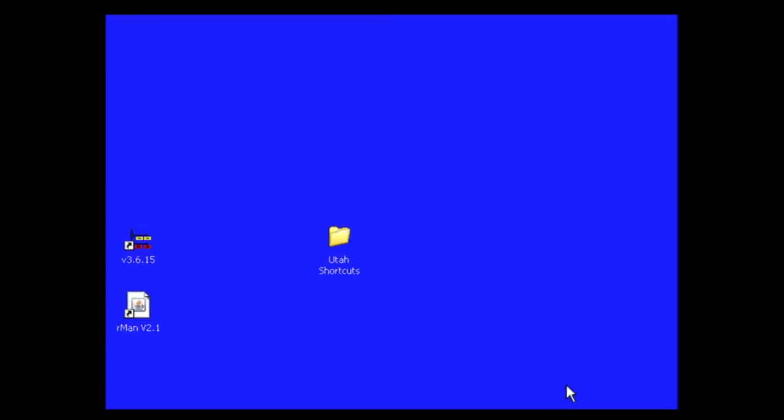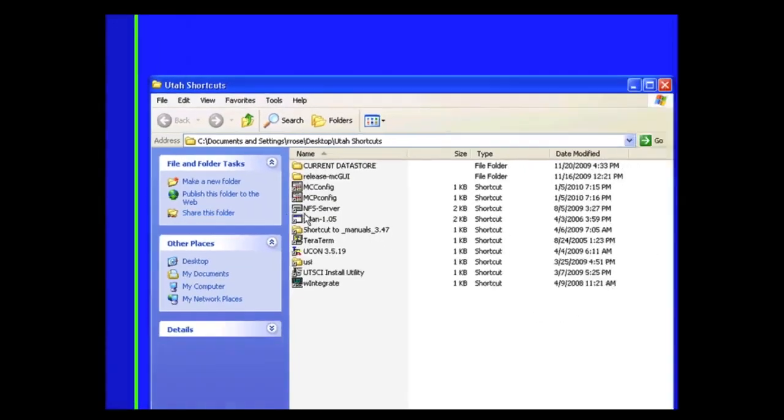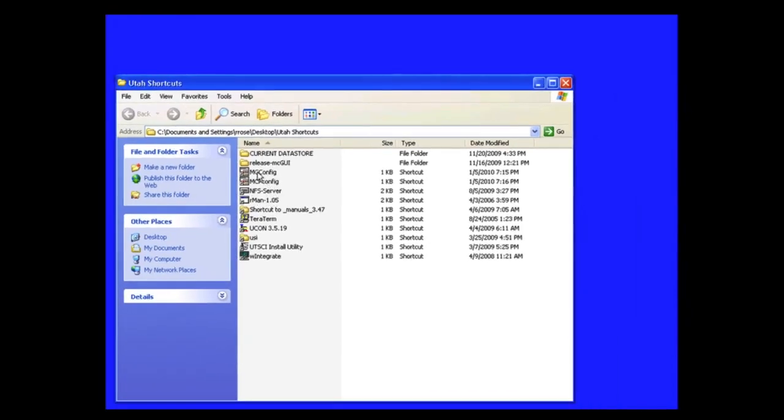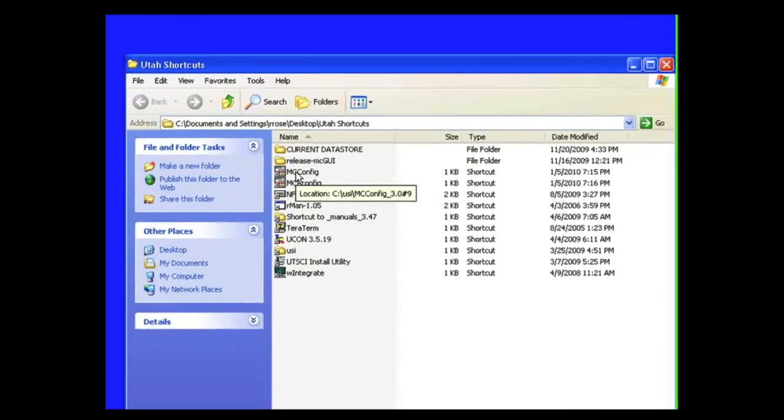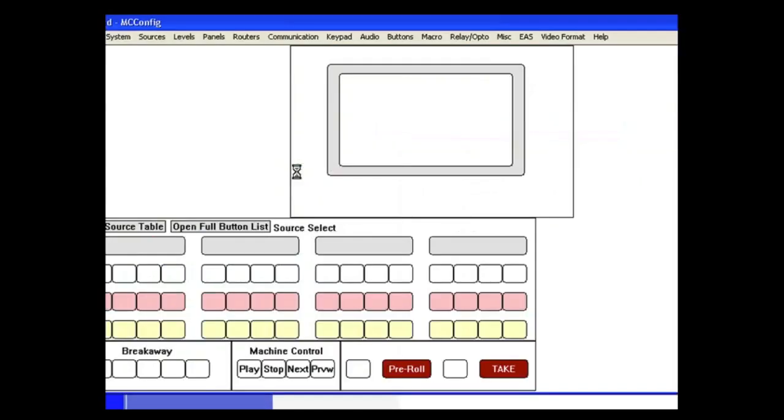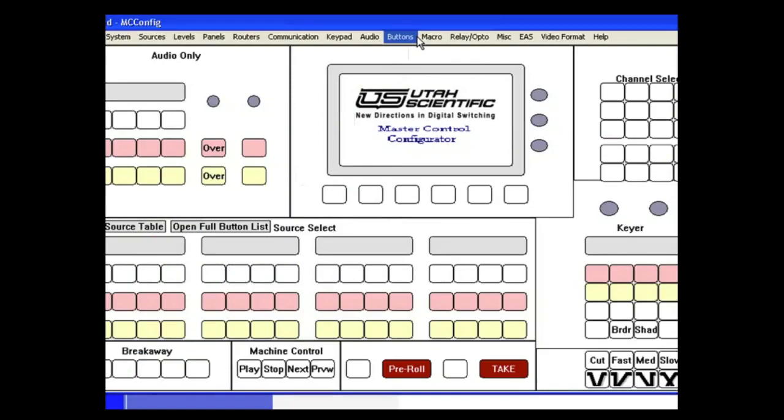There are some basic settings that you need to set up in your EAS 2020 tables inside the master control. So we're going to walk through the first portion of this in this demonstration. First thing you want to do is go to your shortcuts folder or wherever you have your MC configurator, which is the editing software, and double click on either the shortcut or the executable, depending on where you have yours, and you'll see this